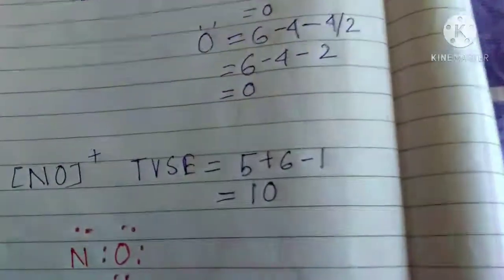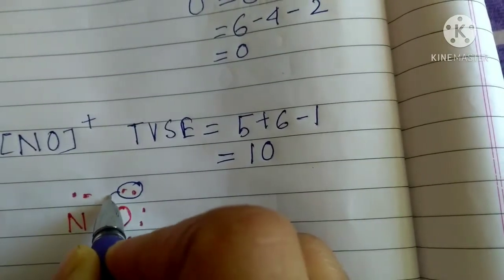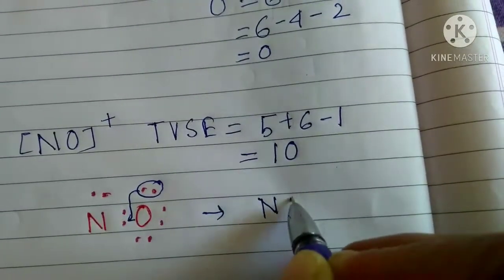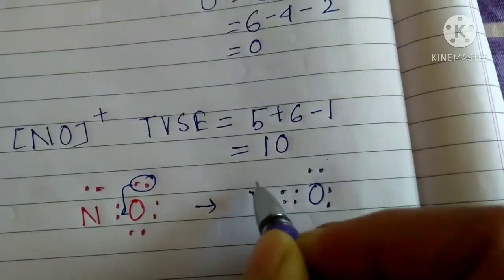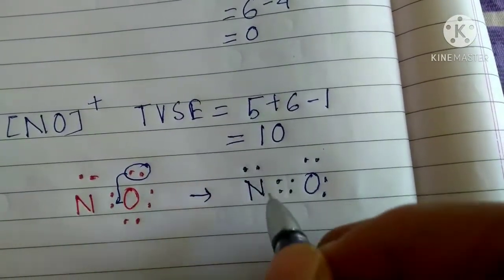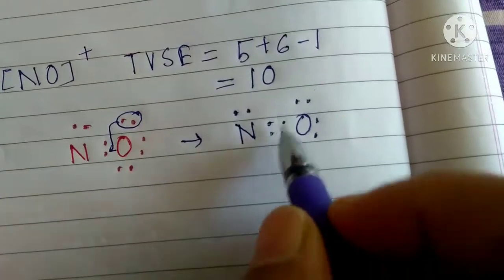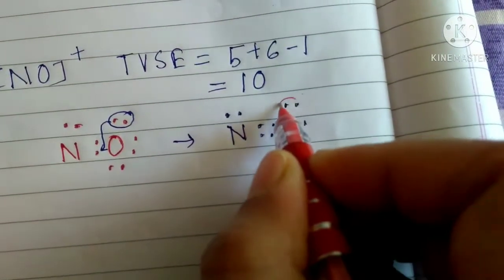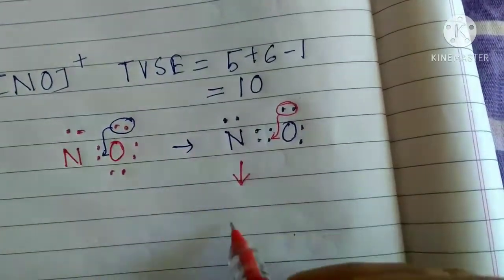Now transfer these electrons one by one. This is a lone pair of electrons, transfer one as a bonding pair. So what will be the structure? Nitrogen 1 2 3 4 as bonding, then on oxygen 1 2 3 4 non-bonding, on nitrogen 2 non-bonding. And now we check the electrons around nitrogen: 1 2 3 4 5 6 electrons are there, and nitrogen can accommodate a maximum of 8 electrons, so we can transfer another lone pair also.